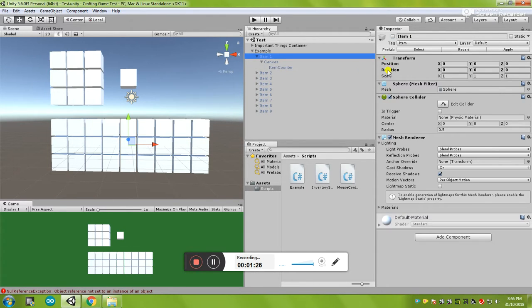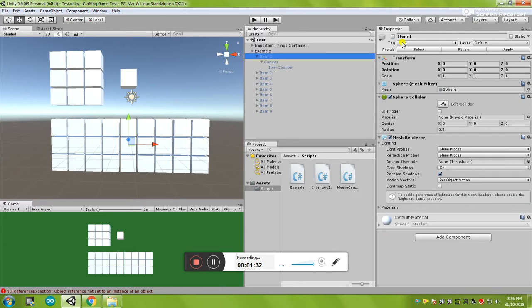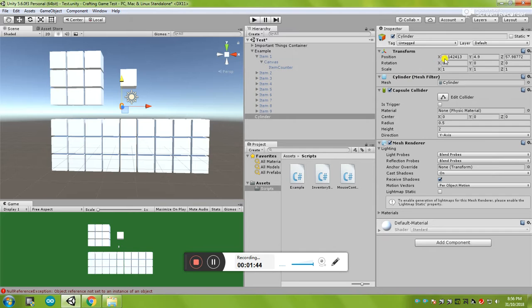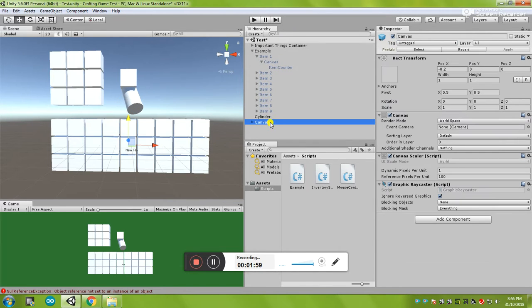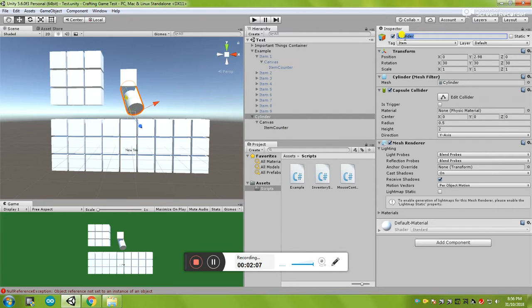So this item, the only thing special about it, apart from this canvas, which is just a stock standard everyday canvas, is the fact that it's tagged with item. That's the only thing. I can, in theory, just grab, I don't know, a cylinder, for example, center it, and in theory, if I were to tilt it just because I can, I tag it as item, put on a canvas with an item counter, and magic as it is, as soon as I call it something like, I